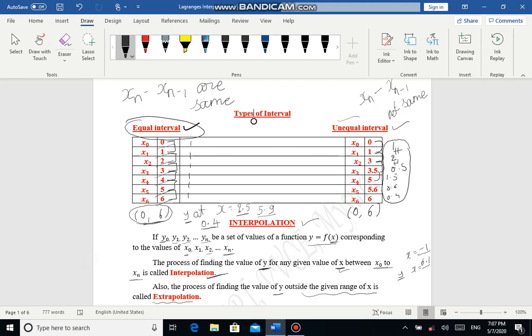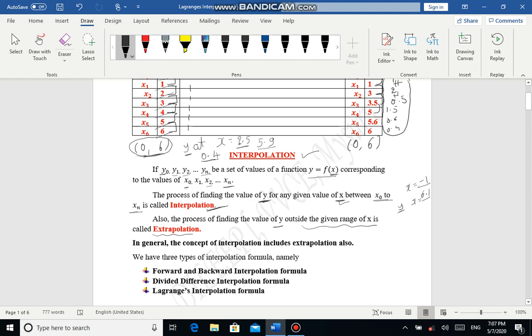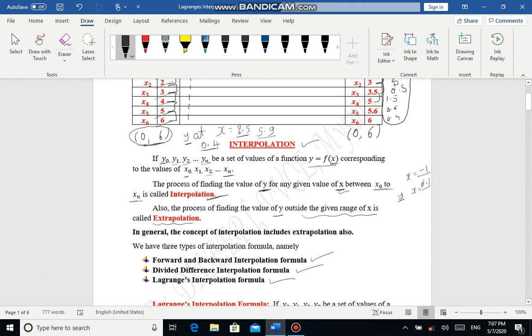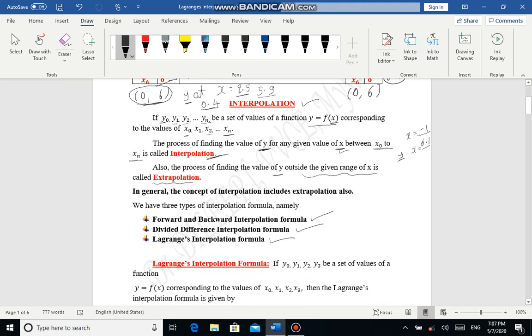Okay. Now here we have three types of interpolations. One is forward and backward interpolation. Second one is divided difference interpolation. And then Lagrange's interpolation. First we'll discuss Lagrange's interpolation formula. If we have values of y, I will take an example of 4 values of y for 4 different values of x. If you have y0 for the corresponding value of x0, y1 for x1, y2 for x2 and y3 for x3,